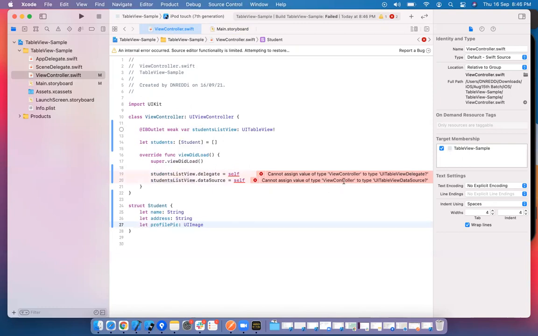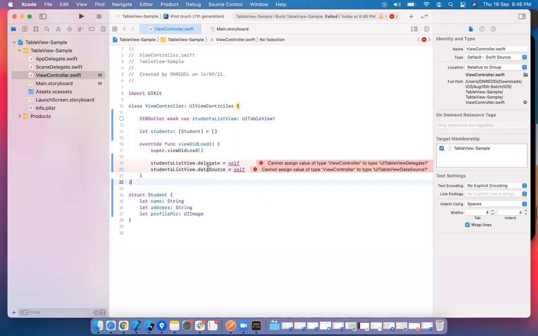Cannot assign a value of type view controller to type UITableViewDataSource. We have specified to the table view, you are controlled by view controller. Table view, your data source methods are implemented by view controller, that is self. But we have actually not implemented them. That is the issue here.